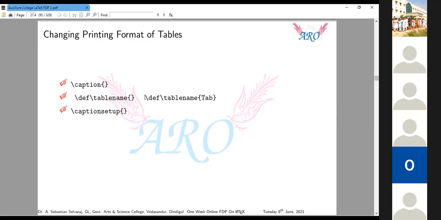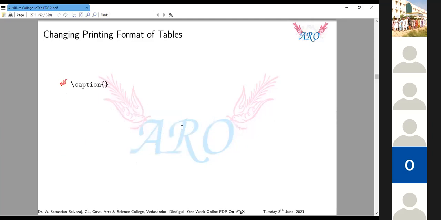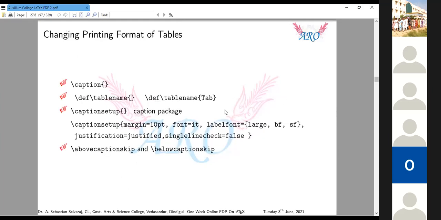Then setup. Suppose if you want to change the size of that caption, that's also possible by the caption package with this command, caption setup. Within the mandatory bracket, we have to type, suppose, margin size is 10 point. Font: it usually appears in normal font style. It appears in normal size. Suppose if you want to change that to italic shape, that's also possible.